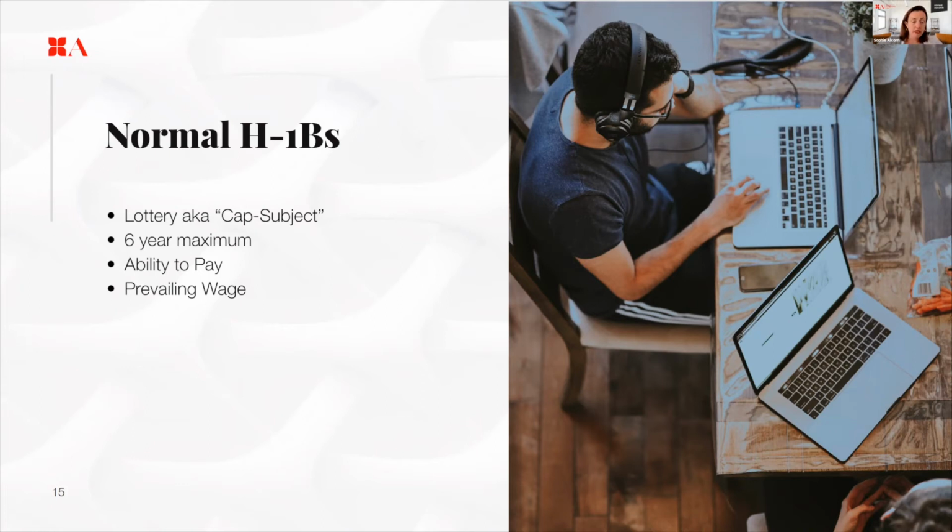And it's lovely if you're selected. I mean, that's the goal. The issue is that there's more demand for international talent than the law provides for the supply through this cap mechanism. And therefore, we need to seek alternatives, which is the point of this webinar. So with that,